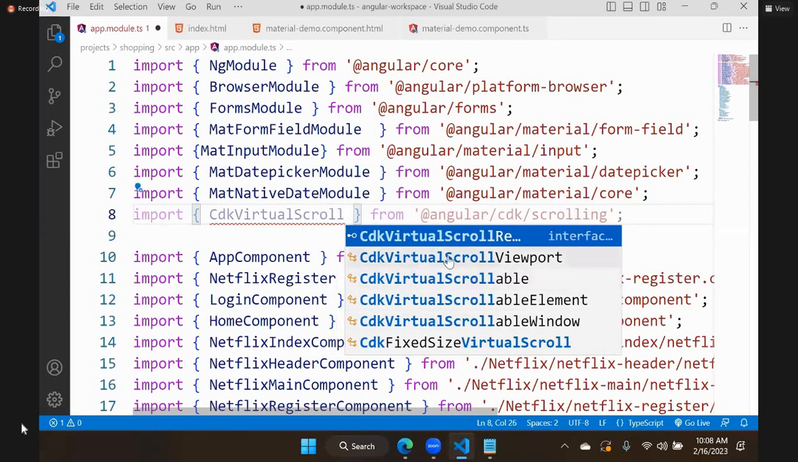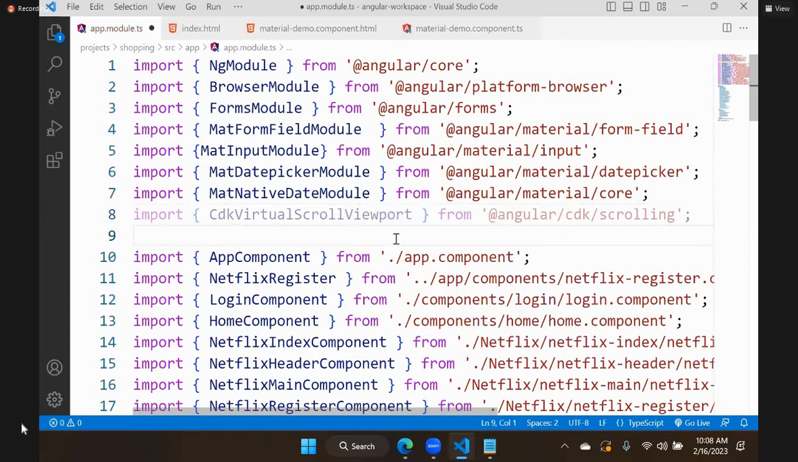Yeah, this is the virtual scroll viewport. This is what we need. What is meant by viewport? I hope you know, you learned in CSS and Bootstrap. Viewport means